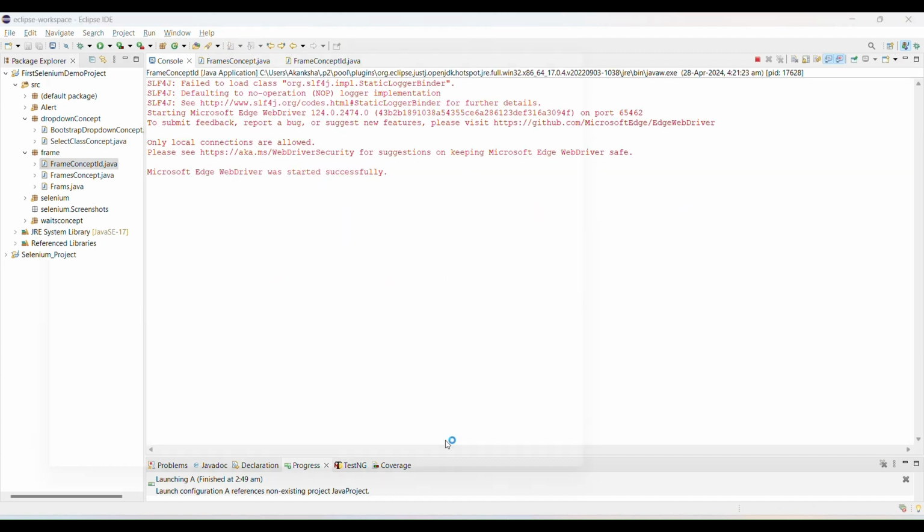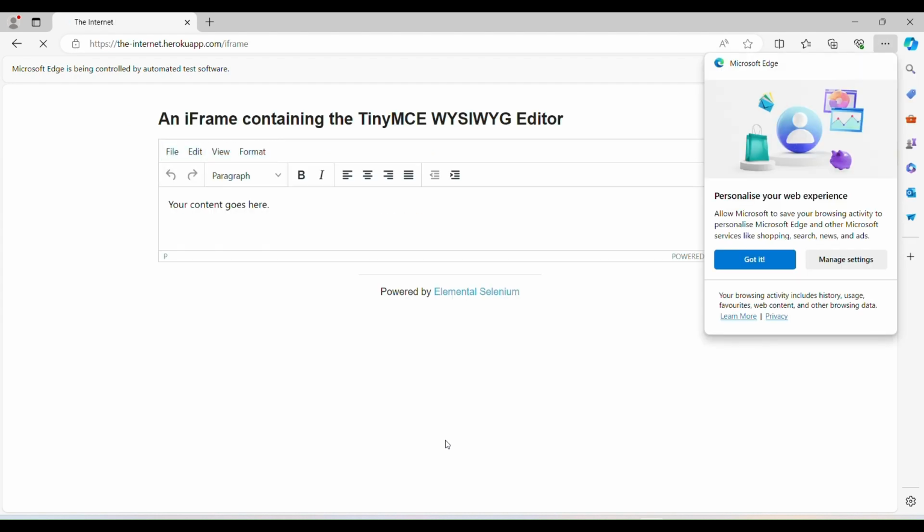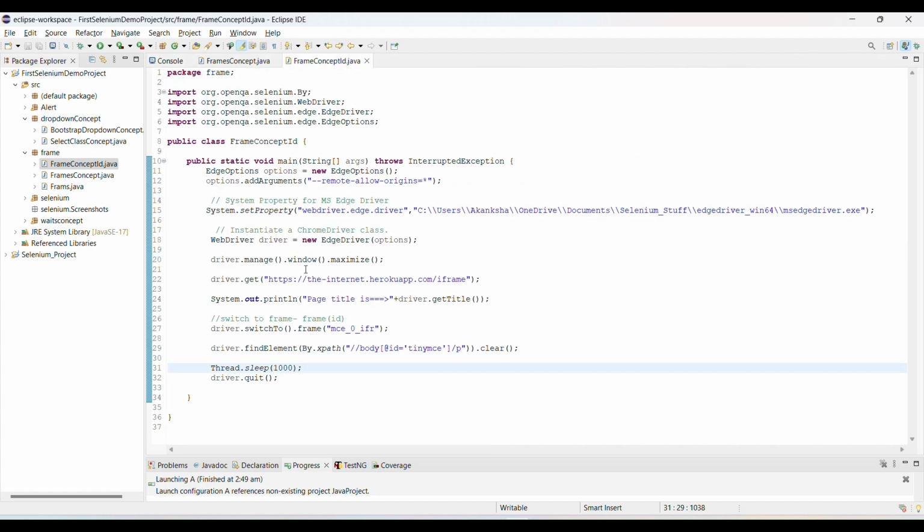So yeah, it's loading, the website is open. Okay, so still loading. Still loading. Okay, now see, the paragraph is removed and the page title is written, then after 10 seconds the driver dot quit command is run. Okay, so now I'm going to close this. Okay, sorry. So now this one is working fine, right?